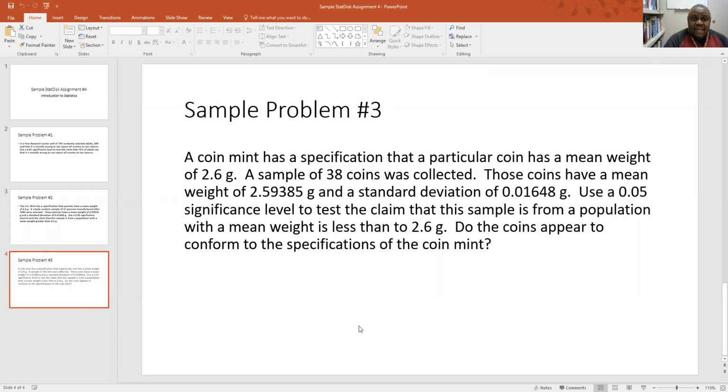Those coins have a mean weight of 2.59385 grams and a standard deviation of 0.01648 grams. Use a 0.05 significance level to test the claim that this sample is from a population with a mean weight less than 2.6 grams. Do the coins appear to conform to the specifications of the coin mint? Okay, so